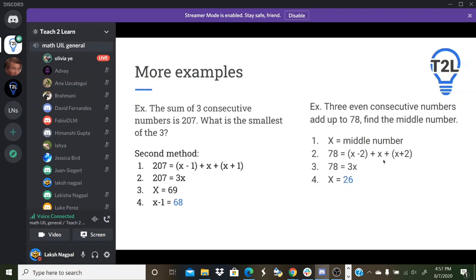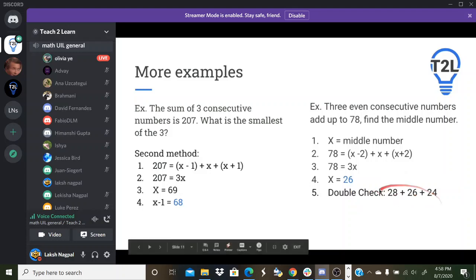That was a really good question. X is just whatever we want it to be, so if we say it's the middle number, then we can solve for it. You're basically writing your own equations. So once you finish, always try to double check if your number is reasonable or not. So if we add them together, we get not 150, but